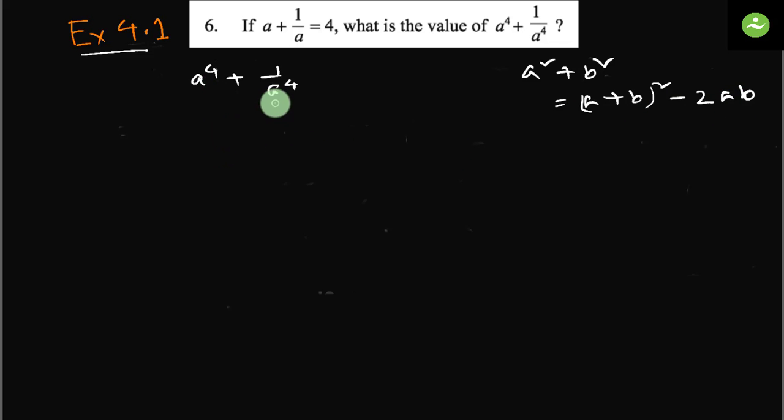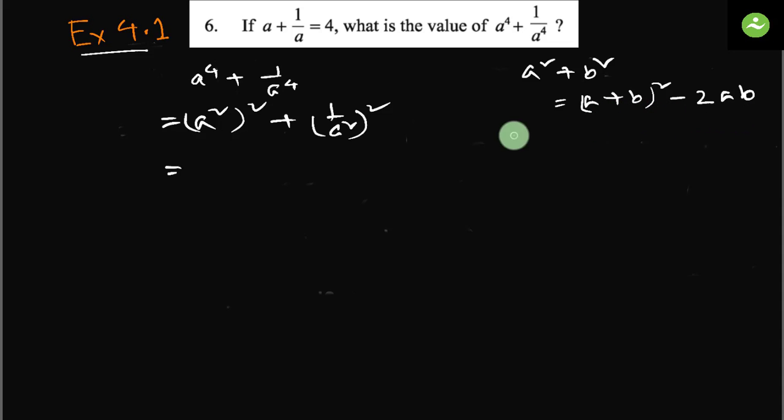So if we change it, a to the power 4 equals a square whole square, plus 1 by a square whole square, and the value is the same. If we consider this a and this b, then this looks like a square plus b square, and we can change it to this format. Why do we change it to this format? Why not a minus b whole square? Because we are given the value a plus 1 by a, so we make it look like a plus b